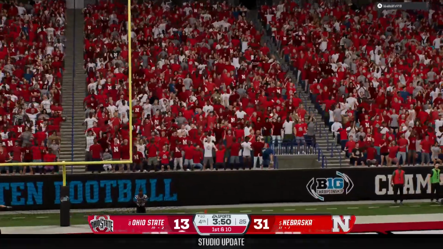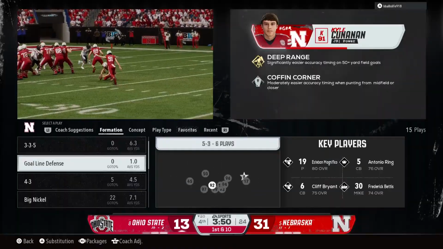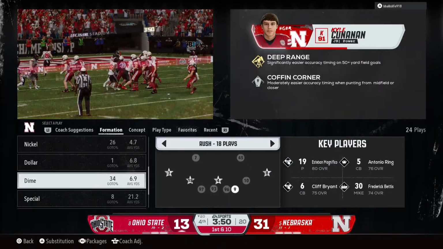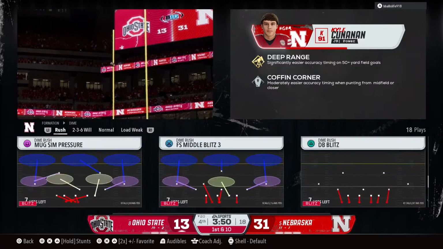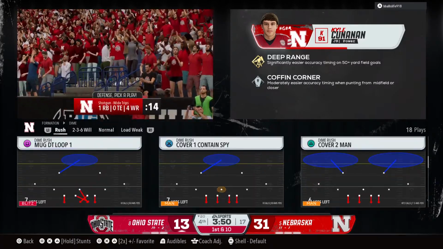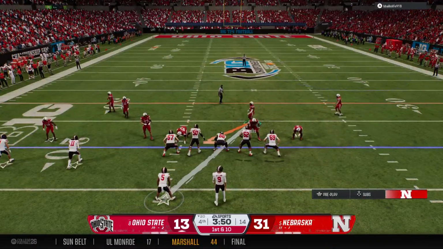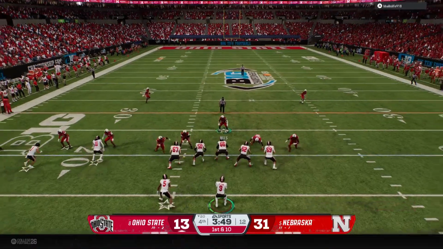Oh, and he's off target. It's no good. After the miss, it's still an 18-point lead. Now that's going to go down as an empty possession for this offense. No points as he's off target. Now you can see he's hanging his head. Poor kicker. Here comes the powerful Ohio State offense onto the field.